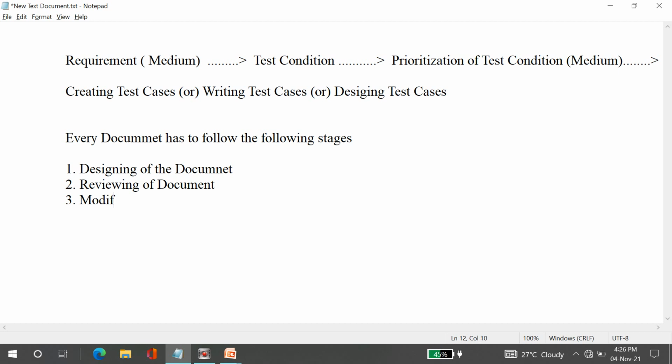Modifying the document by the author, if any valid review comments. And what is the next one? Next is freezing and sign off the document.